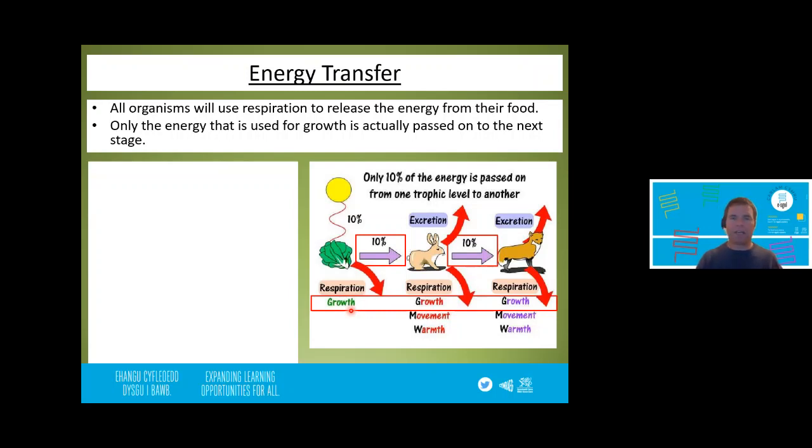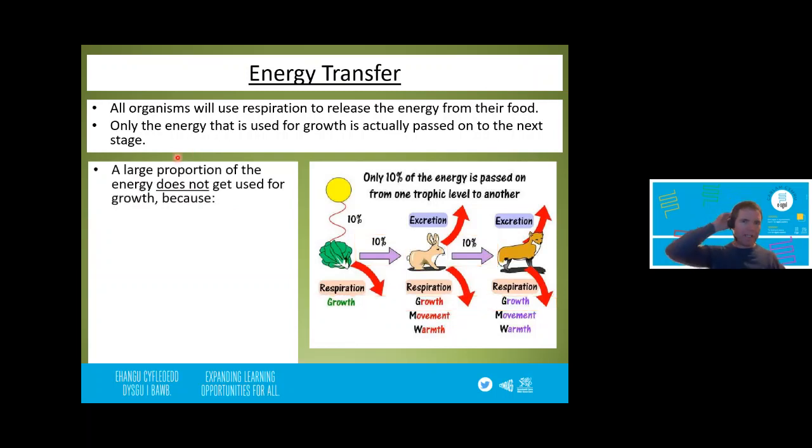Now, if you think back to the previous slide, we said that the plants use energy from the sun to make new cells, and it is the energy within those cells which is passed on when it's consumed by, well, a consumer, whatever it is that eats it. So it's surprisingly low that only 10% of the energy that has gone into the lettuce is passed on to the rabbit, and only 10% of the energy that the rabbit consumes is actually passed on to the fox, because an awful lot of energy is wasted or is lost. Wasted is a bit unfair, is lost, and we're going to look at the ways in which that happens.